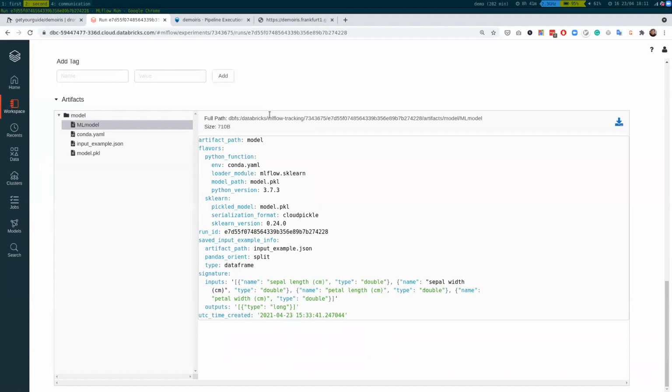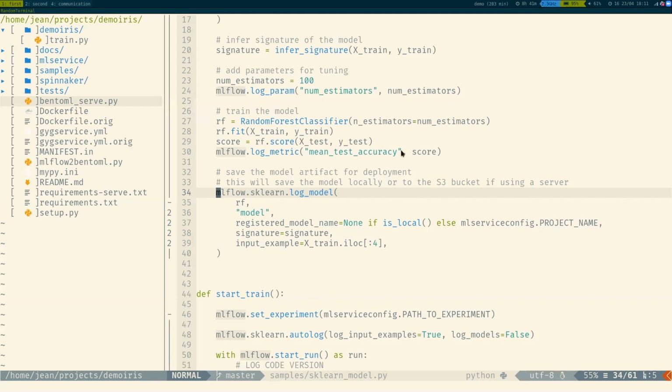Now I will pass it back to Jean, who will go through the step of taking this model that is trained and saved in MLflow and put it back into a production service. Thanks, Theo. So let's take a step back and look at the source code on how we go to production, having an MLflow model. As you saw before, where we log the model into MLflow is in this line where we pass the model using the MLflow API. Then it stores it online in the cloud,